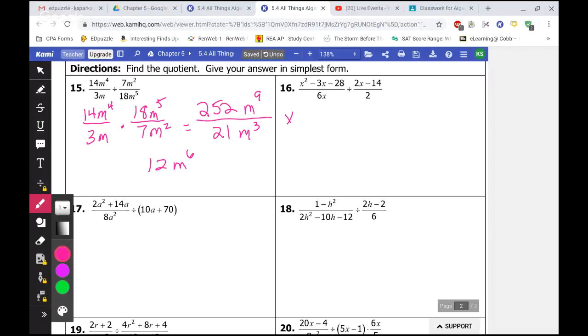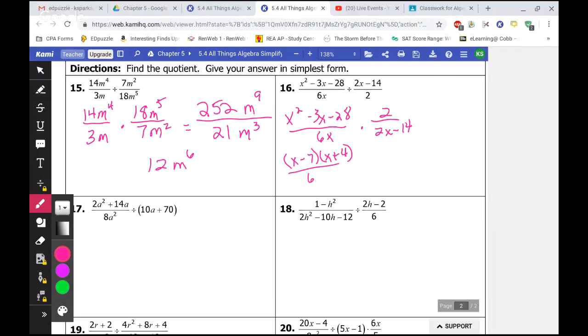Okay, on number 16, keep the first. Change it to a multiplication. Flip to the reciprocal. Factor the numerator. So you're looking for 2 factors that multiply to give you a negative 28, that when you combine them give you a negative 3. That's going to be the factors negative 7 and positive 4. So x minus 7, x plus 4,